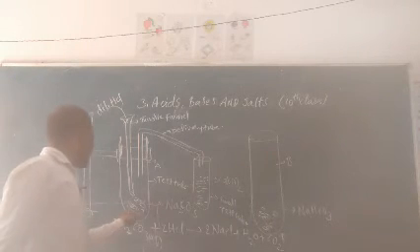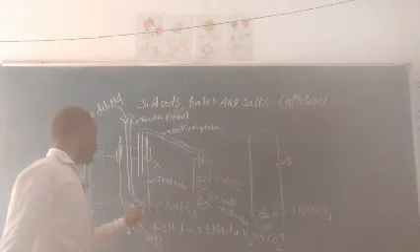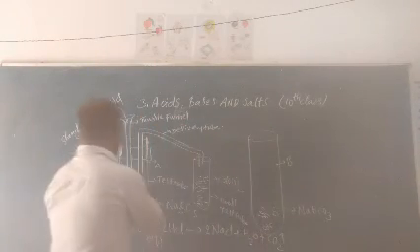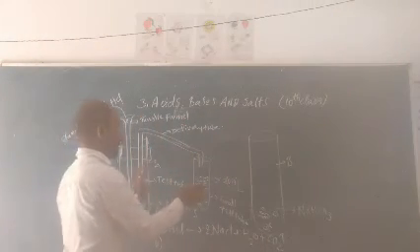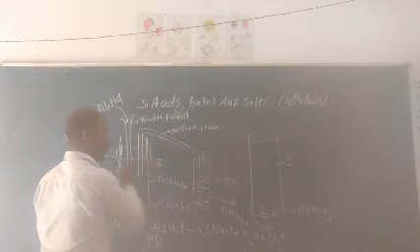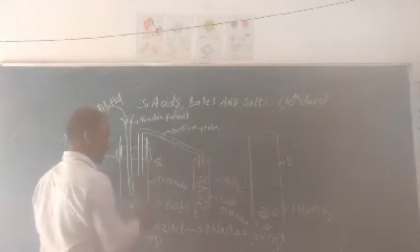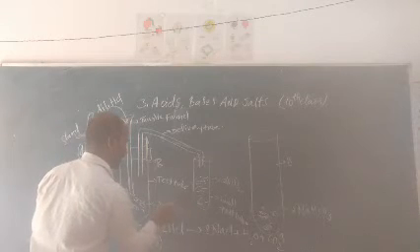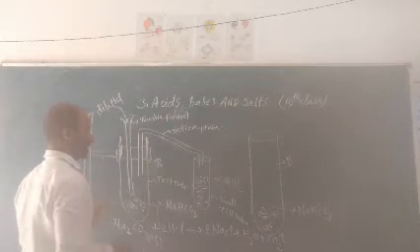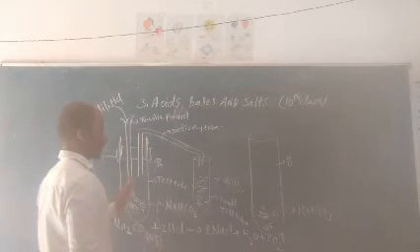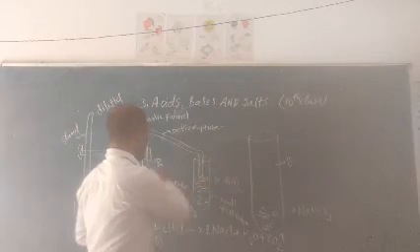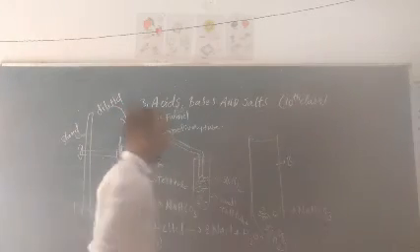Instead of the sodium carbonate granules present in test tube A, take the same test tube B. Remove this whole setup, bring test tube B and put it here. We are going to keep it for another reaction. Test tube B consists of NaHCO3. It is also going to react and produce a gas, carbon dioxide again.